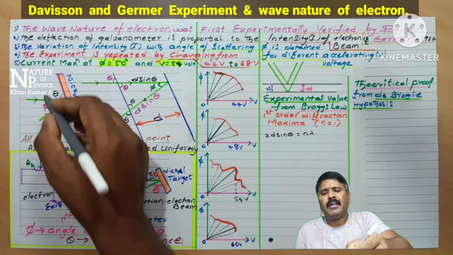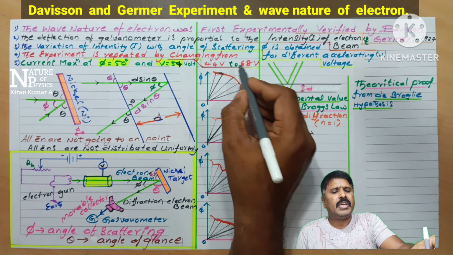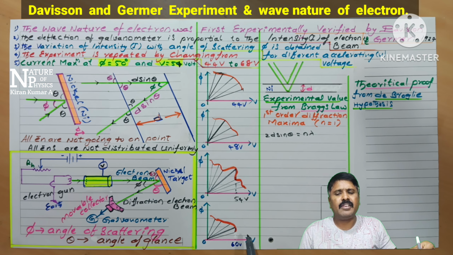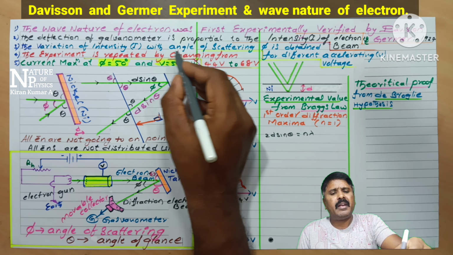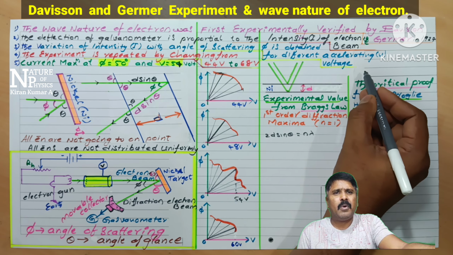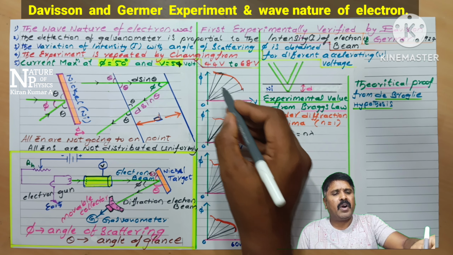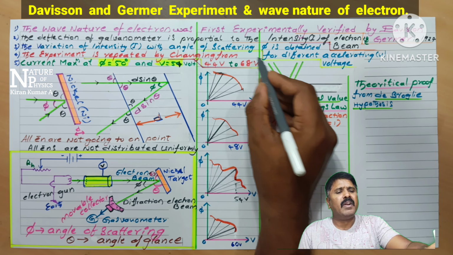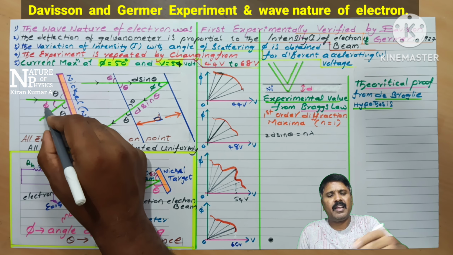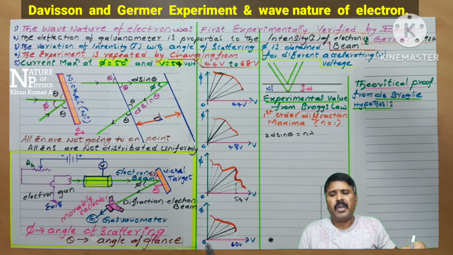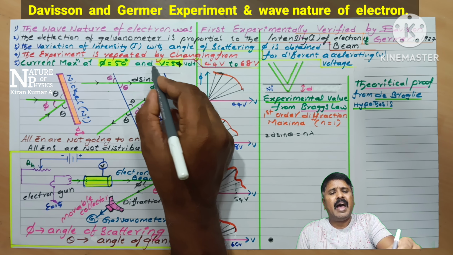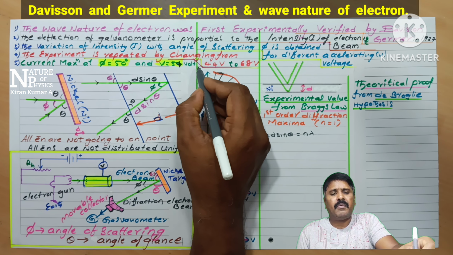See there, student, the experiment is repeated by changing the voltage from 44 volts to 68 volts. The graph is also given clearly, student. The variation of intensity with the angle of scattering phi is obtained for different accelerating voltages. So the potential is increasing from 44 volts to 68 volts, and we get different phi values. The phi value gives the angle of scattering, student. And the current we will get is maximum at phi equal to 50 degrees, and the corresponding voltage is 54